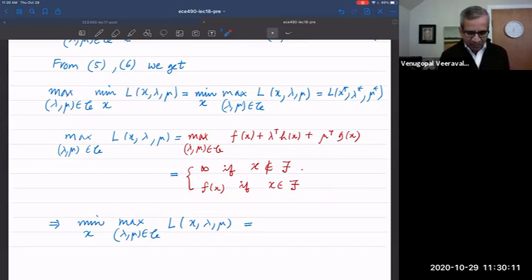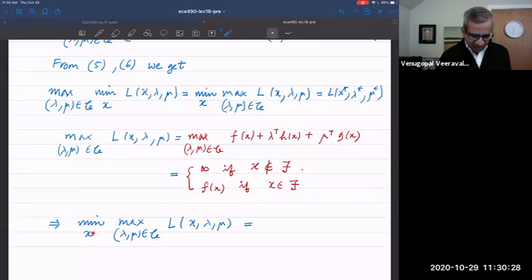So the minimum over x can be restricted to only the feasibility set F, and in that case we know that the max value is nothing but f